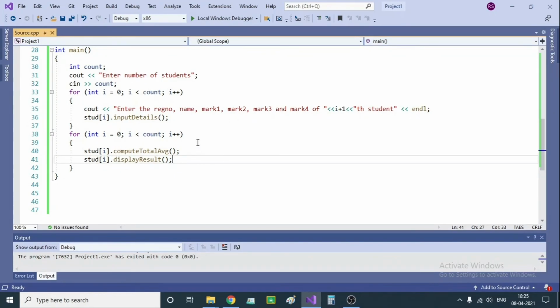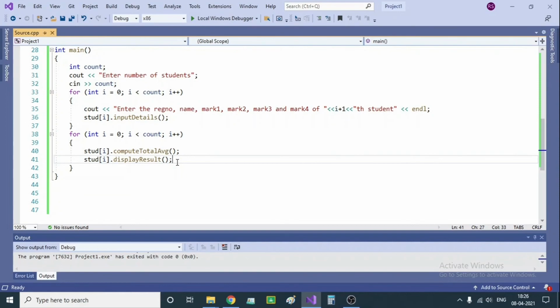So we can do all the modifications in later implementations, and you can also try to modify this program to show the list of students ranked as per their total marks. So the student with the highest mark should be displayed as the first student, and the second student, third student, and so on.